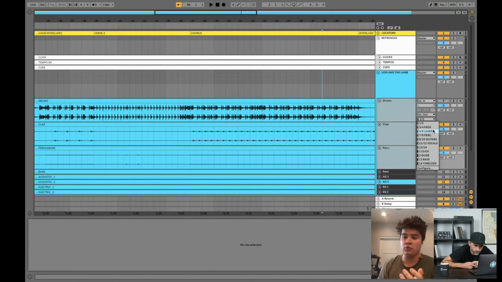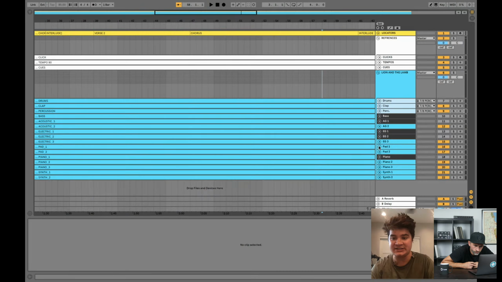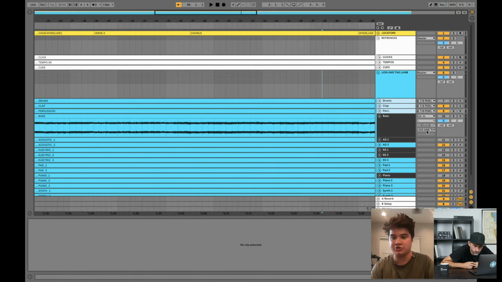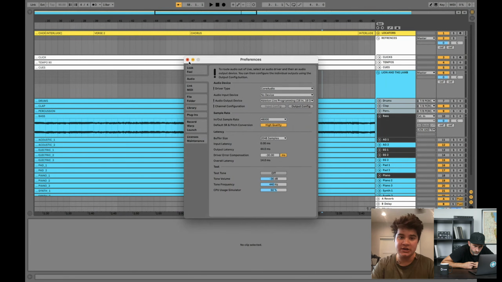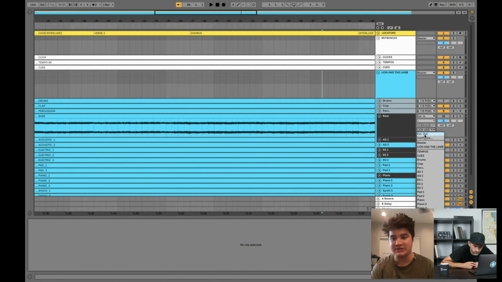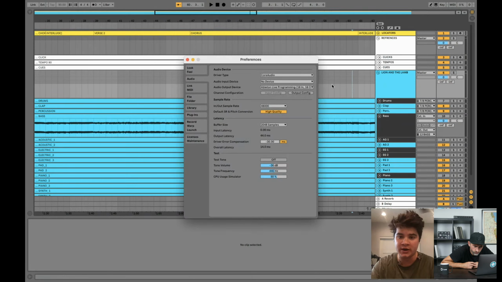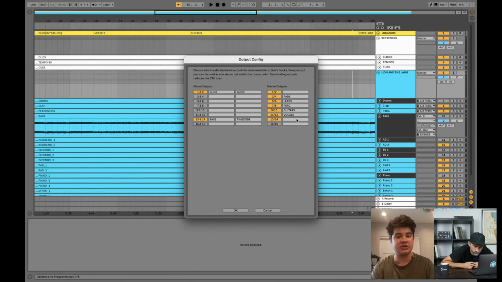We can talk about that if you want, but I just pre-route everything before I save this program file, so when I drag it in, it's going to be done. It's going to be ready to go. So that's how I do it. And you can save everything. You can save the names. How you do that is I can show you real quick. You go to your output configuration and you're able to name everything here.